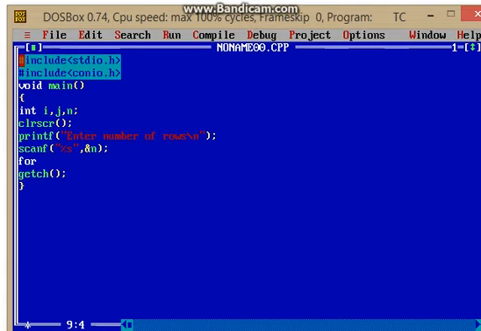First loop will start for i, and i should be smaller than or equal to n. Here I will start i from 1, then i less than or equal to n, and i plus plus. Now we will come to the second loop. Same here, we will do it for j, initialized from 1, and j is less than or equal to n.